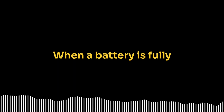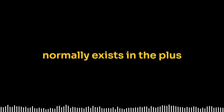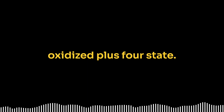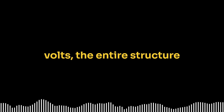charge and discharge. When a battery is fully charged, most of the lithium ions in LCO have been removed from the structure. This forces cobalt, which normally exists in the +3 oxidation state, to remain in the highly oxidized +4 state. The problem is, this state is not particularly stable, and at voltages above 4.4 volts, the entire structure begins